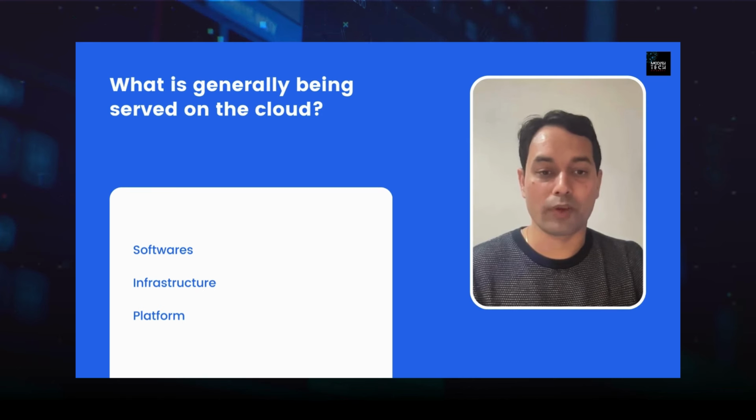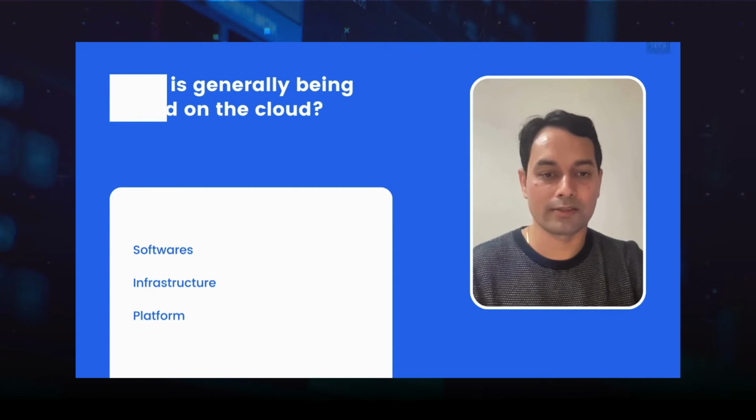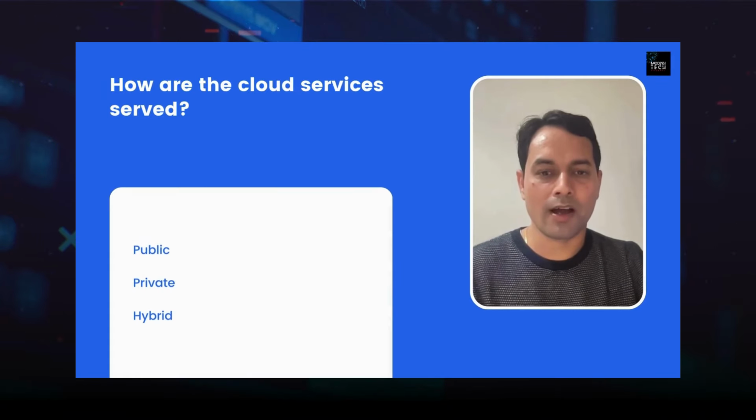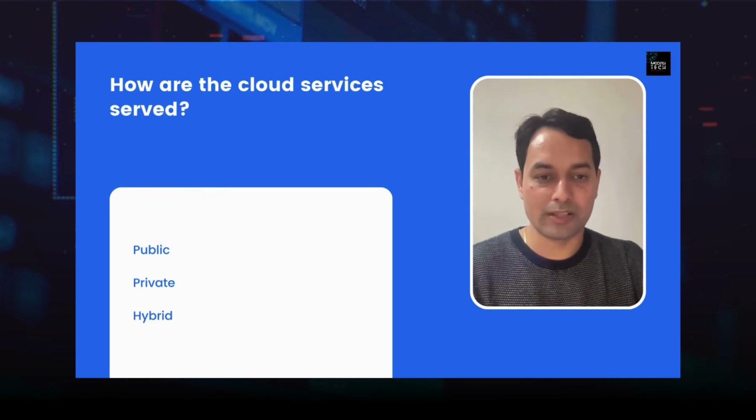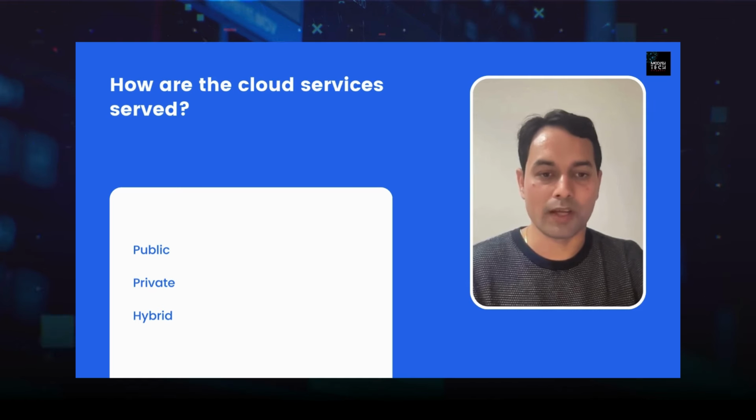We call it software as a service, infrastructure as a service, and platform as a service because these are being served on the internet. So the question arises: how are they being served? If I'm using someone else's computer, is it exclusively for me or for others as well? Here also there are three types of landscapes. The first one is public, which means you are using a shared computer, although your data is completely isolated from other users.